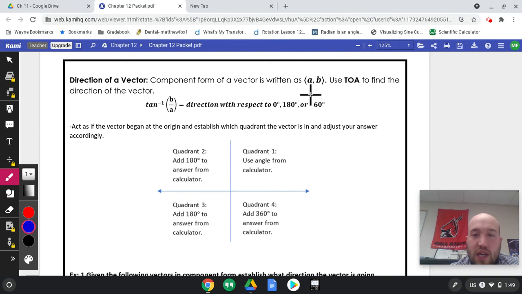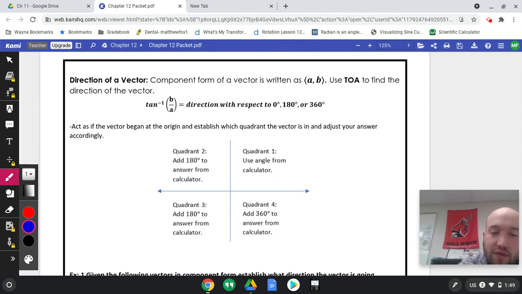If you think about it, this A basically represents the change in the x value. The B represents the change in the y value. We're going to use TOA now to find the direction of the vector, to find what angle is formed from that origin. Remember, TOA stands for tangent is opposite over adjacent. If on our triangle we had a vector going out to the right,